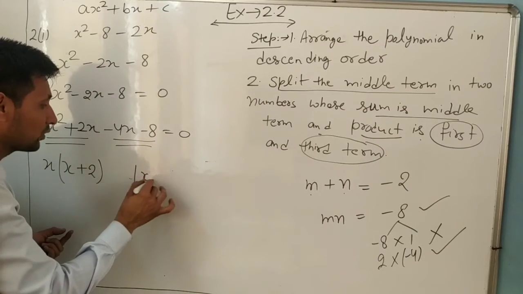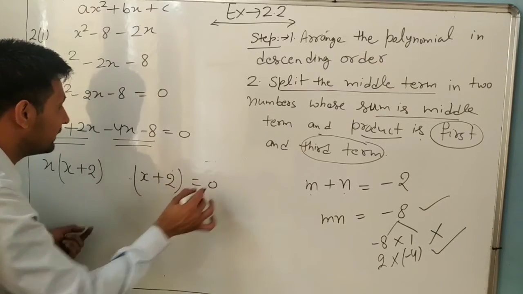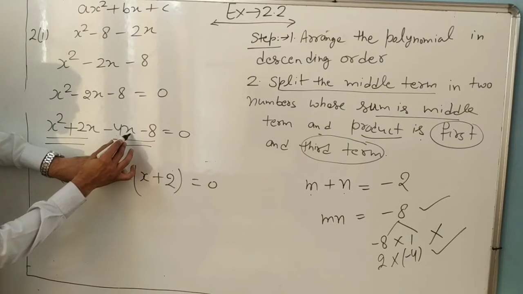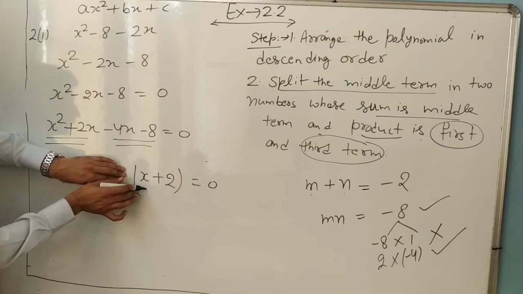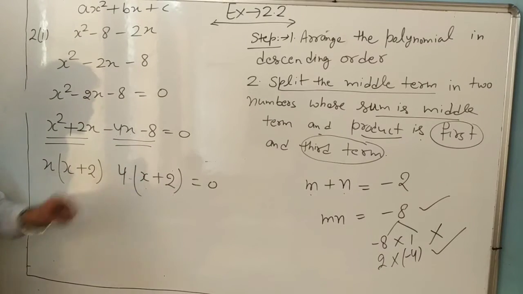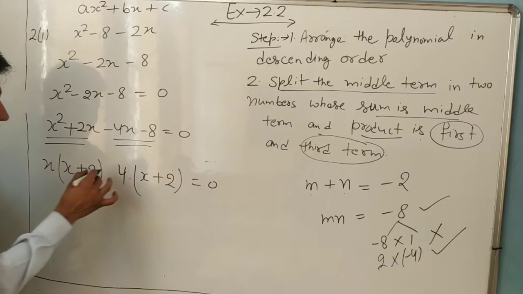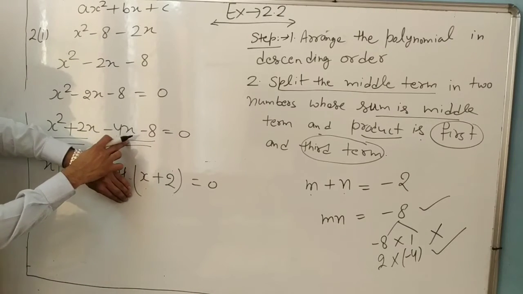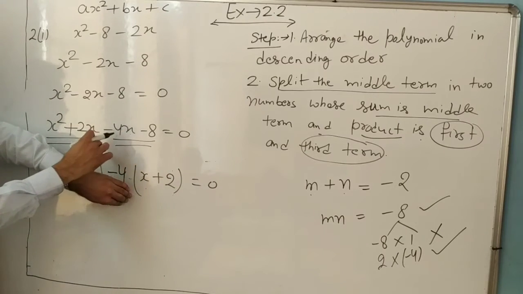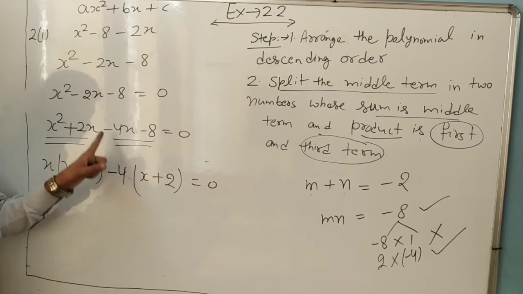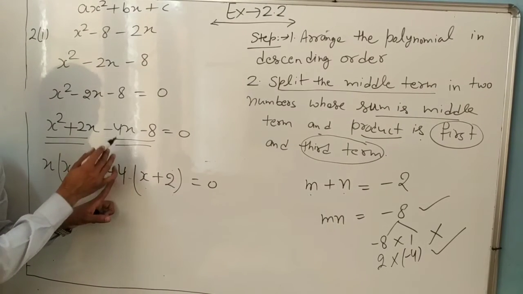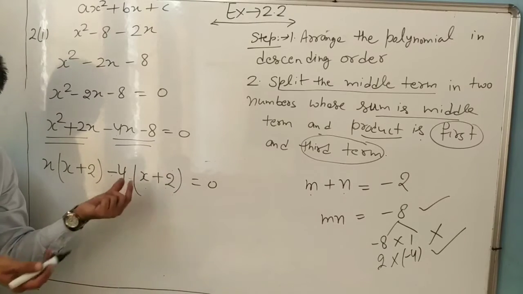So same directly you can write x plus 2. And now tell me what you will take common from here, since a minus number becomes positive. So you have to take 4 as common, and negative or positive? Negative. Yes, if we take negative common, then it will become positive. If it is negative, so minus 4 into x, minus 4x, and again you can multiply negative into positive, minus 4x, minus 4 into minus 2, minus 8. So our answer is right.